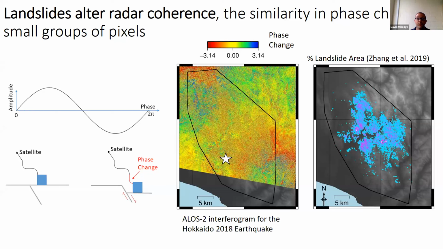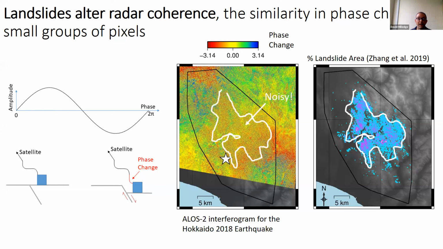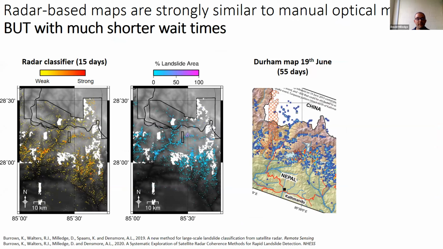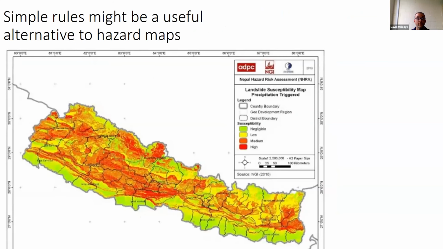Radar gives us the opportunity to look through cloud, and here we know that patches of coherence breakdown can be used to identify landslides. So in this case, we developed a series of coherence-based classifiers, which work really quite well at getting a general picture for landslide density. The hot colors on the left in each case, the classifier, and the cool colors, the observations of landslide density for three sites. And the key thing here is that because you can see through cloud, you can get those results much faster, 15 rather than 55 days for this Nepal example.